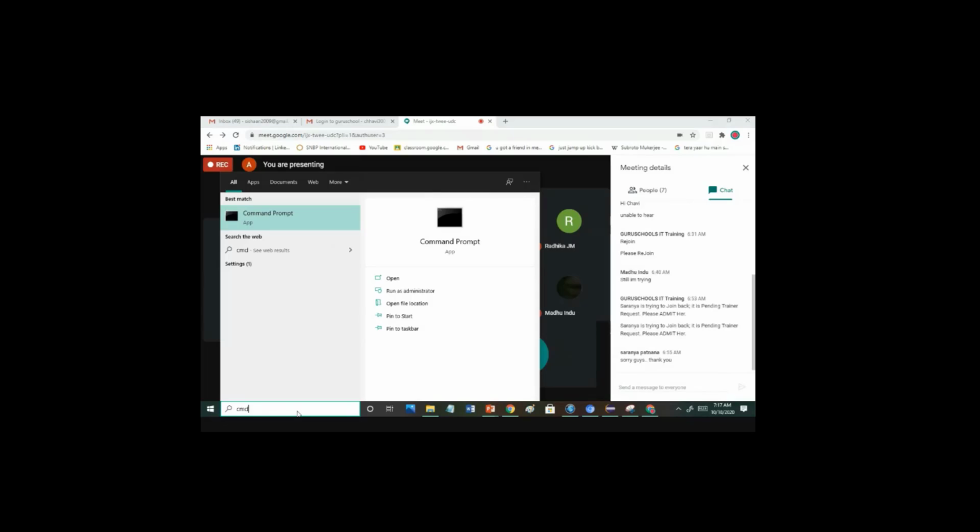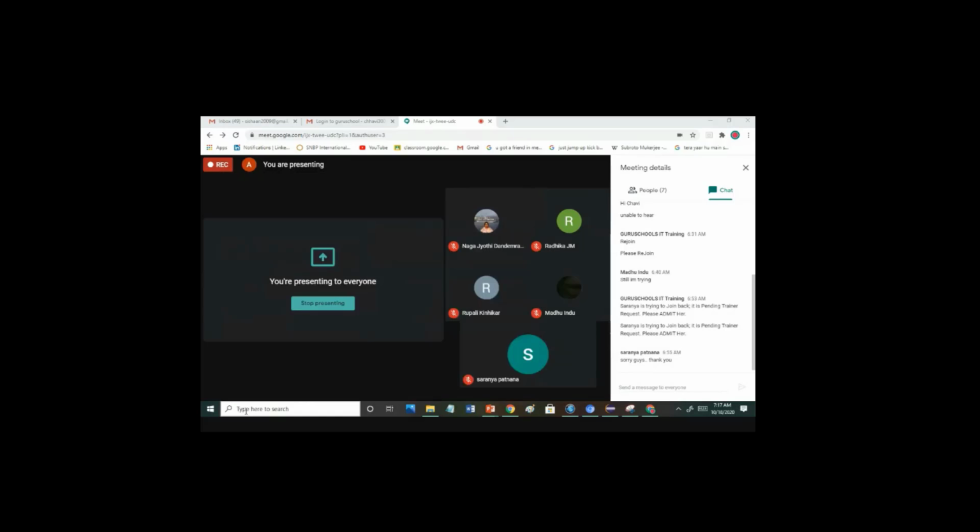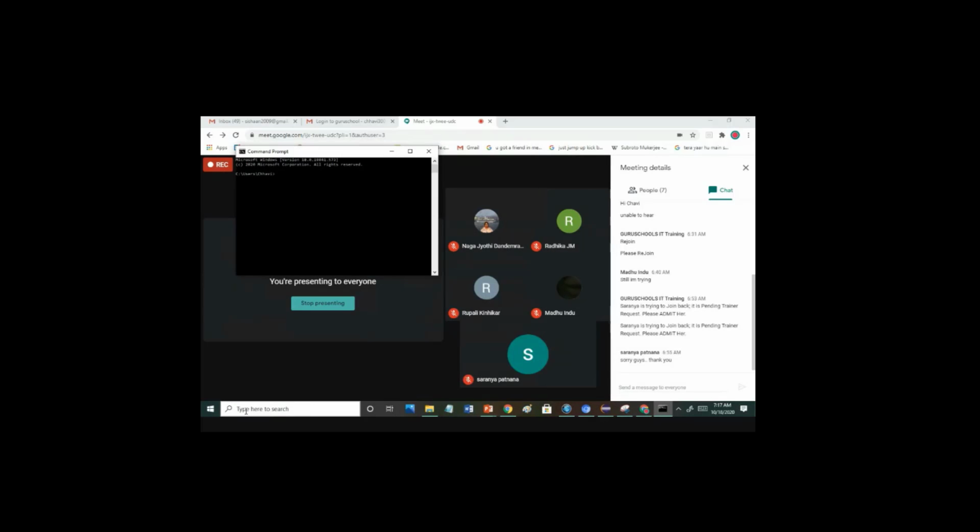Just go to the command prompt. In this search button, you write CMD and enter. Are you able to see my command prompt? Everybody can go to that command prompt.